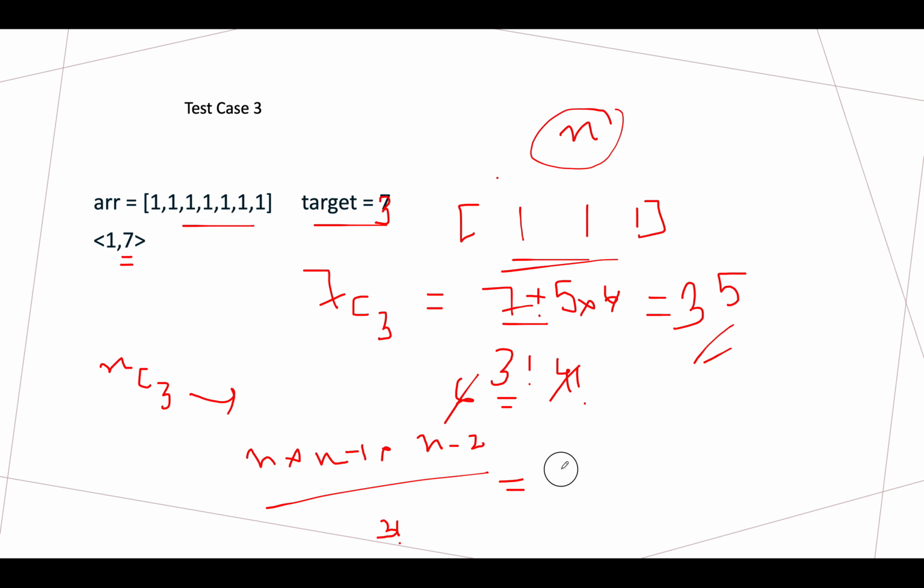So the formula becomes n into n minus 1 into n minus 2 by 6. I hope you will be able to derive this by yourself. It's pretty simple mathematics, nothing else.